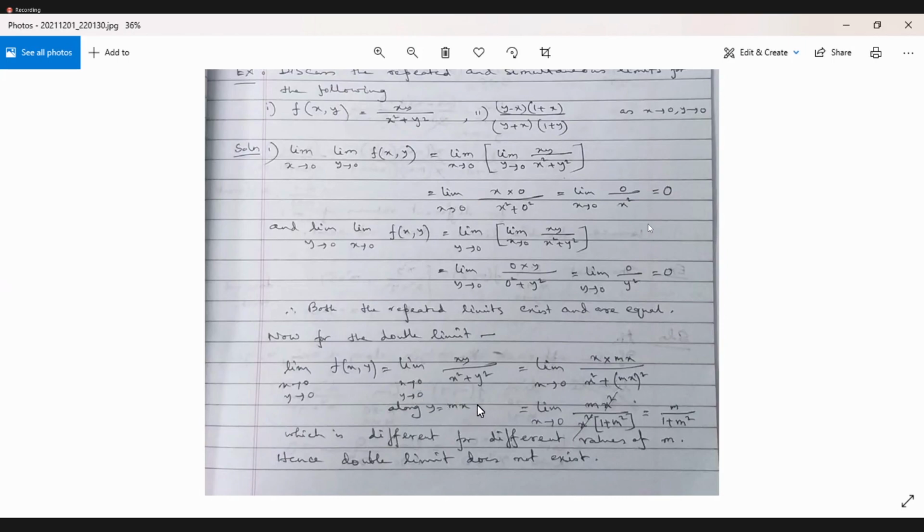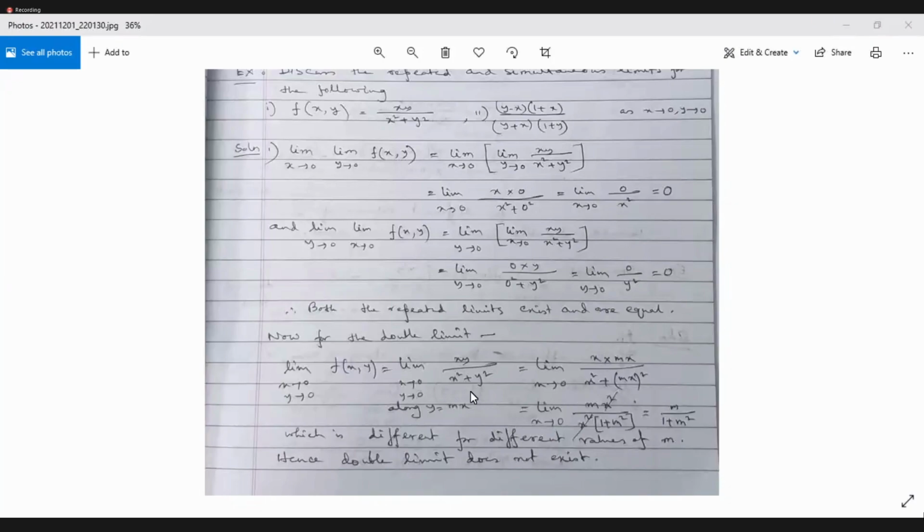Now, one more line is y equal to x. That is another line passing through the origin. So we may put y equal to x, or we may choose y equal to minus x as the path, or y equal to 2x, or y equal to 3x, or any other curve also, y equal to x square, y equal to 3x square, etc. Anything we can choose, provided that curve or line passes through the origin.